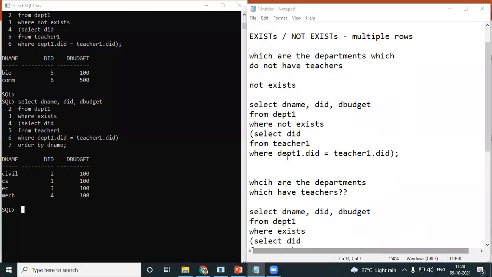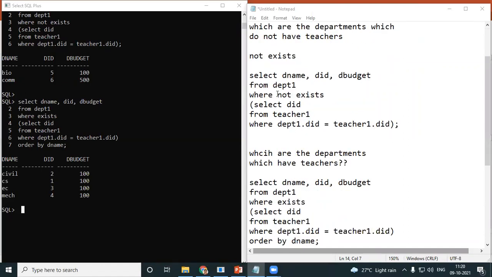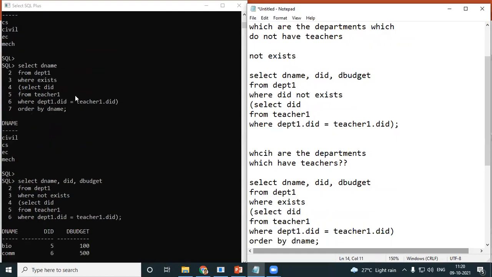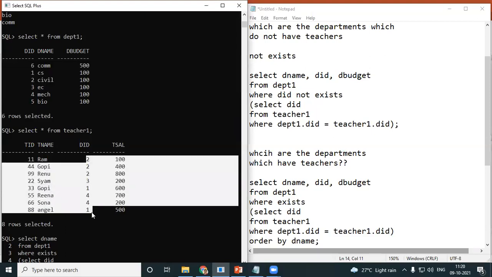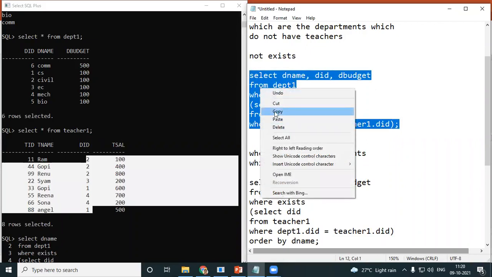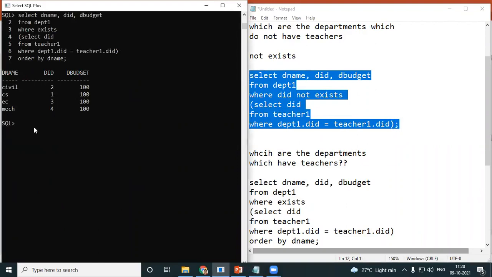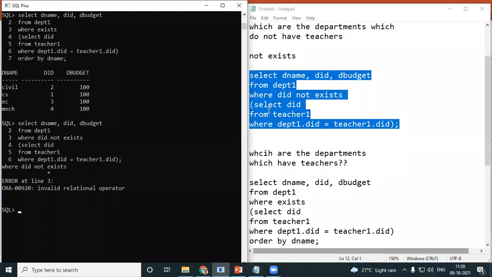One thing you need to remember is, when everybody writes exists, not exists queries, the error which comes up is everybody will write over here where DID not exist. Because when you think logically, you should write it like that. Whether, look in your table, whether this DID should be existing in this DID. So the normal error everybody has is they will write the field even over here, where DID not exist in the remaining. So let's see what happens. Okay, you will get an error.